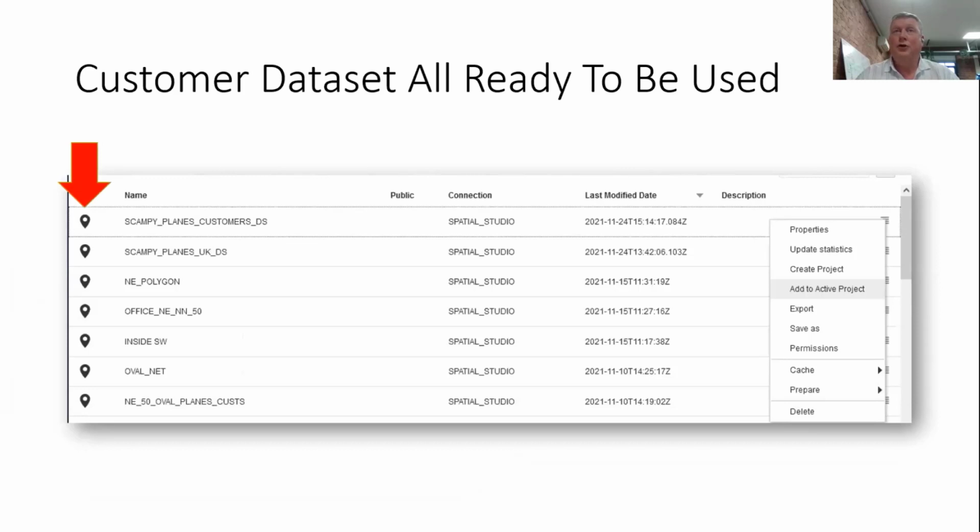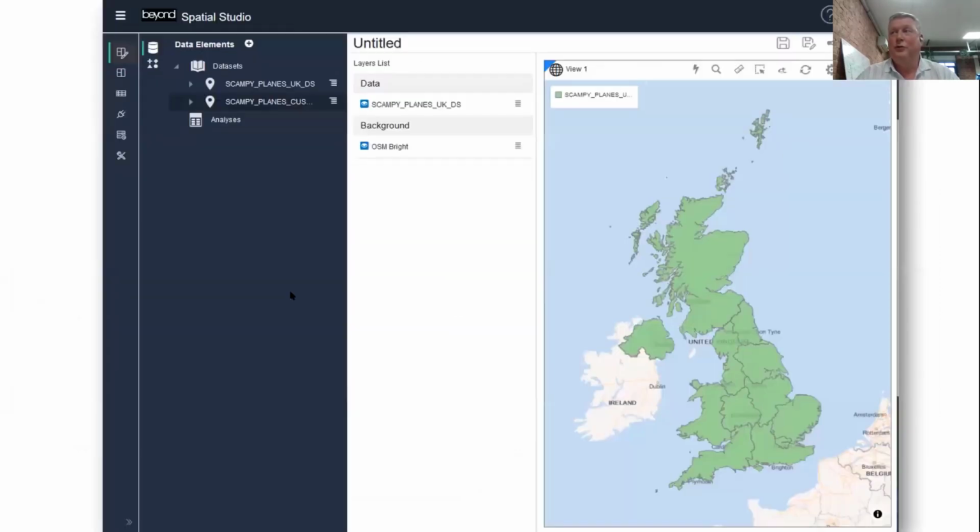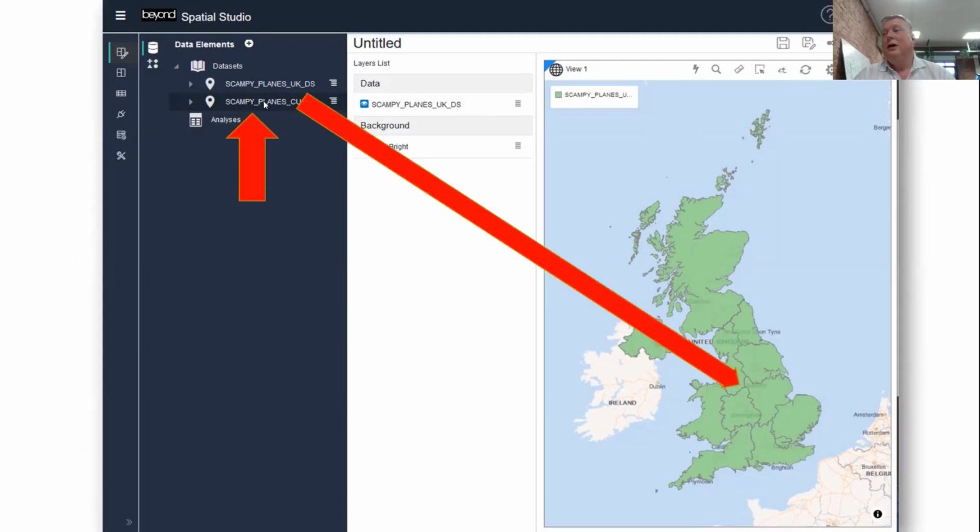So I'm going to add all my customers that I've now geocoded. It's about 1,000 customers I've geocoded. Here they are. It's brought that data set into the project. If I drag and drop that onto the shapefile,